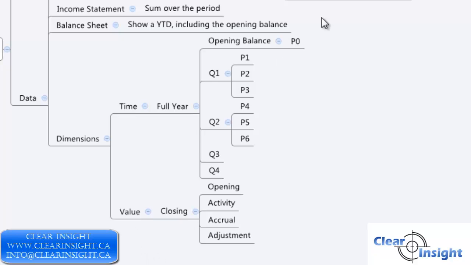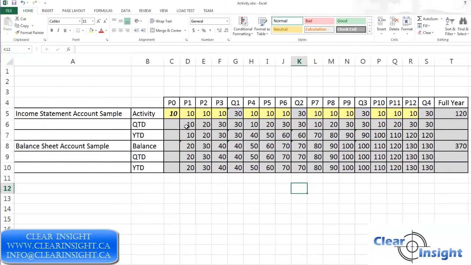So let's pop over to Excel now. We're going to look at what this looks like from a formula perspective. The yellow cells here are really data. So these are the actual things, rows in a table or tuples in a cube somewhere, that give us these individual elements. So for a particular account, we're going to have,